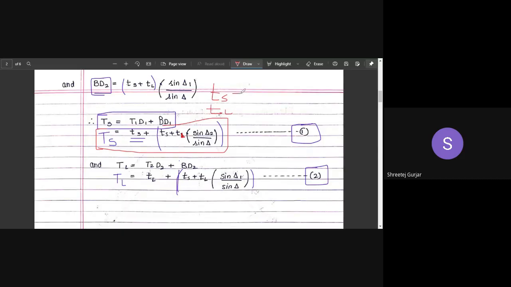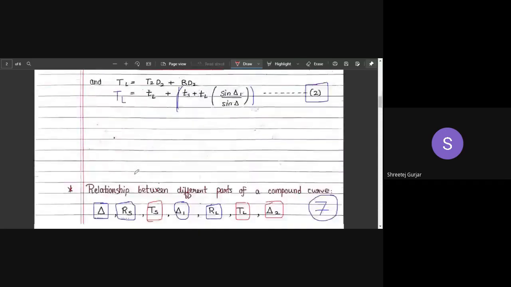You have told me the formula. It is nothing but RS tan delta 1 by 2. Similarly, it will be RL tan delta 2 by 2. This particular thing we know; I told you in the beginning. So we will substitute these respective values over here for TS and TL, and we will write TS. Similarly, we will write for TL.